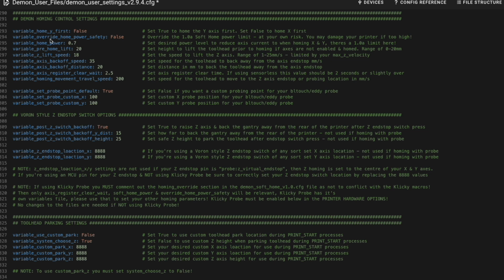And also the override home power safety option. So if you want to disable the 1 amp power limit for actually homing your system, you can set this to true, and you can set whatever power you like. With it false, it will only let you have a 1 amp setting or less. So yeah, here we have the homing power setting. So by default it's set to 0.7,